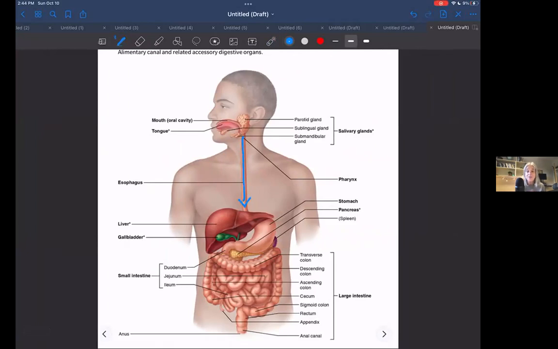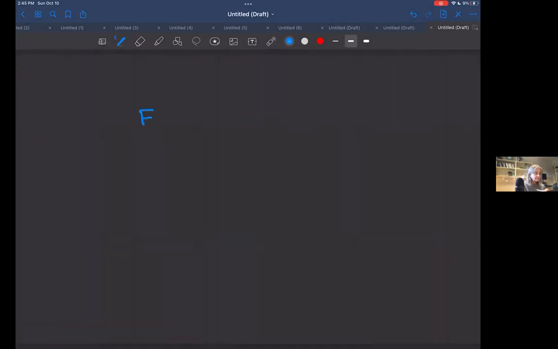It goes down behind the heart, and it is actually having to go through a structure called the diaphragm. So the diaphragm is actually part of your respiratory system, and it is important in breathing, but the esophagus actually has to puncture that opening to get to the stomach, which sits below the diaphragm. Okay. So one of the interesting things about the esophagus is it has smooth muscle